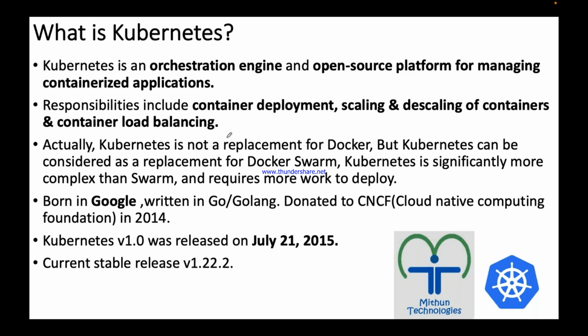Kubernetes is more complex than Swarm, and it requires more work to deploy applications in Kubernetes compared to Docker Swarm. Docker Swarm is very simple and straightforward. But when it comes to Kubernetes, it is a little more complex than Docker Swarm and requires more work to deploy in Kubernetes. But